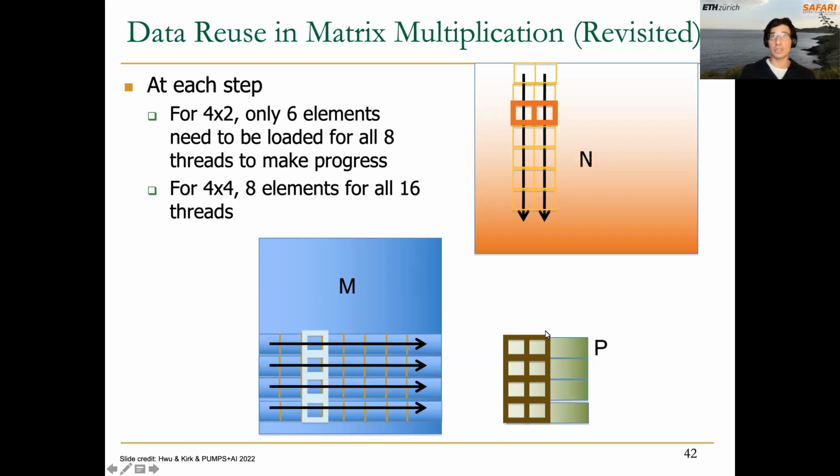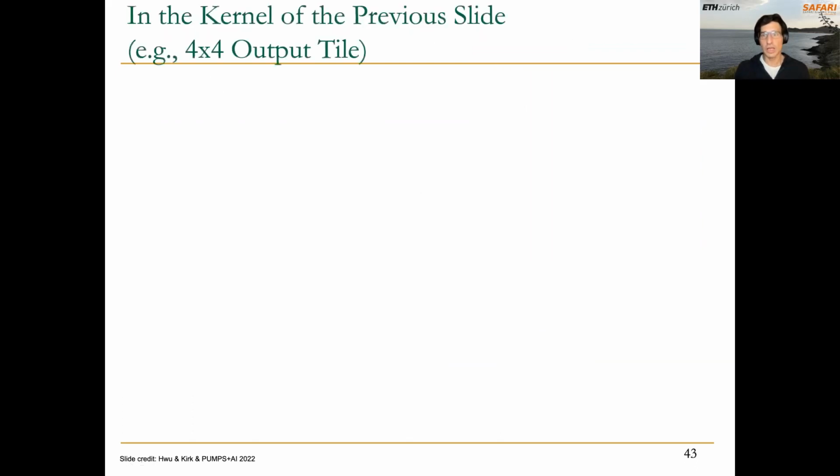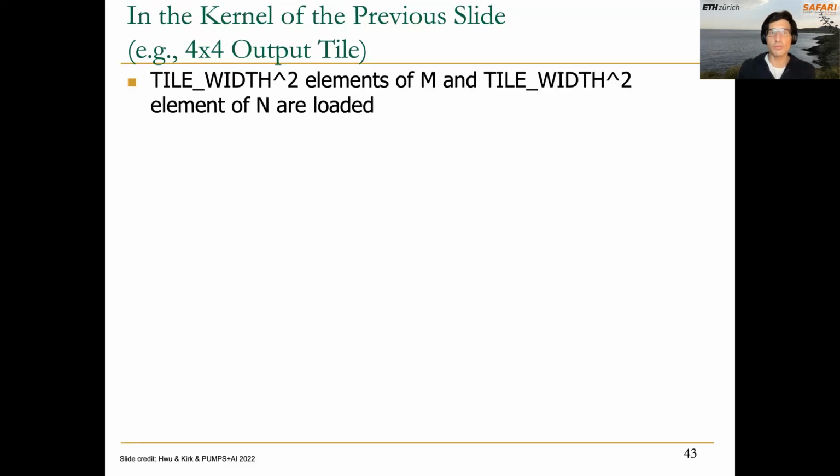If the tile is 4x4, we will need 8 elements in total for the 16 threads. We will need 4 elements from matrix M and 4 elements from matrix N. So in the kernel of the previous slide, and assuming that we are using the 4x4 output tile, observe that